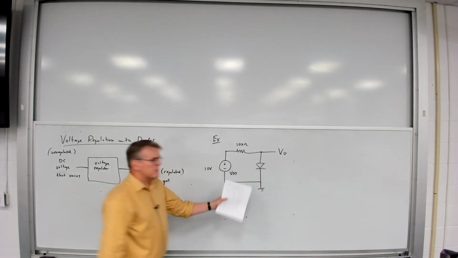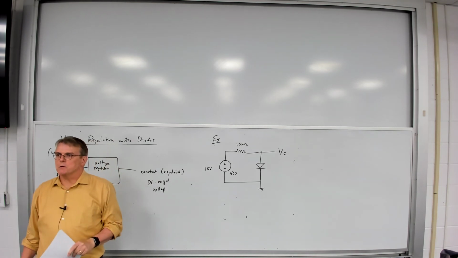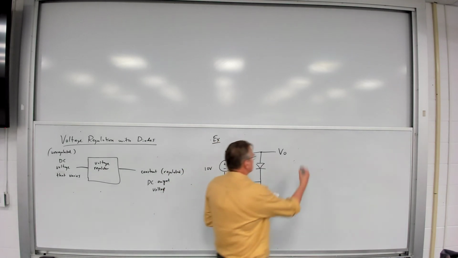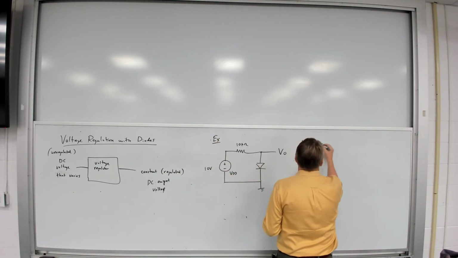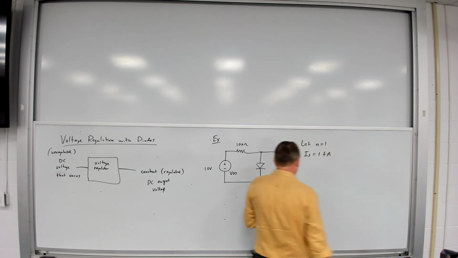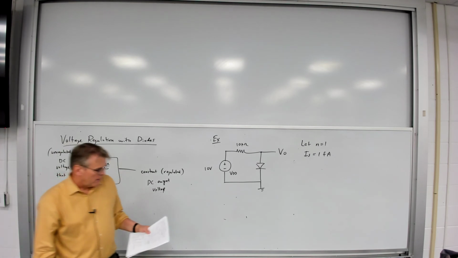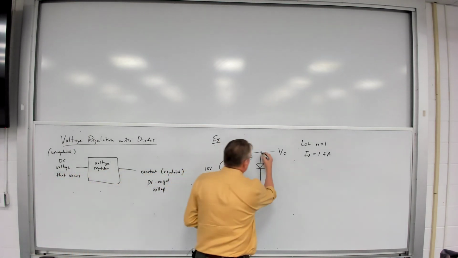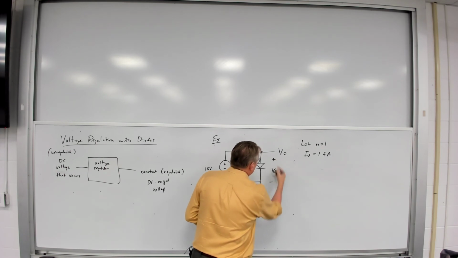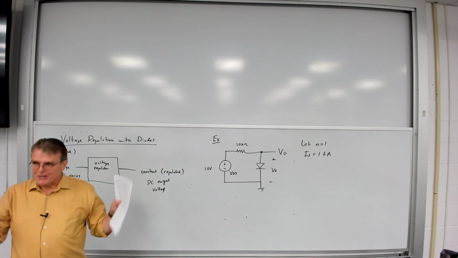So let's say I've got a simple diode circuit connected to a resistor to a 10-volt source, and that is our input power supply. Let's let N equal 1. Let's let IS be equal to 1 femtoampere. And I want to calculate the voltage at this node VO, which of course is also equal to the voltage across the diode. Now, if I were to do iterative or exact analysis,